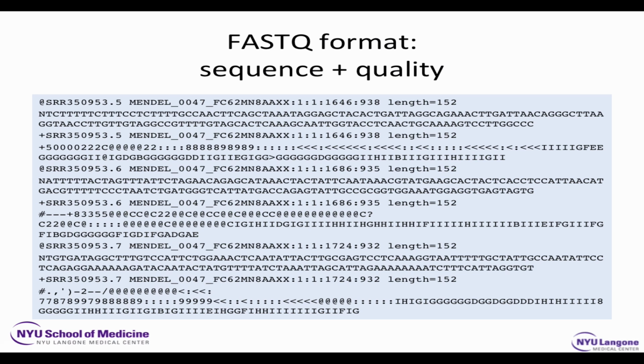You might think that 99% certainty of a correct base is good enough, but for some applications, such as calling mutations in a cancer sample, 1 error every 100 letters would be a problem. It would require a lot more data to sort out the true mutations from those that are just generated by chance. So that's all I'm going to say about FASTQ, except that that's the data that you're going to be